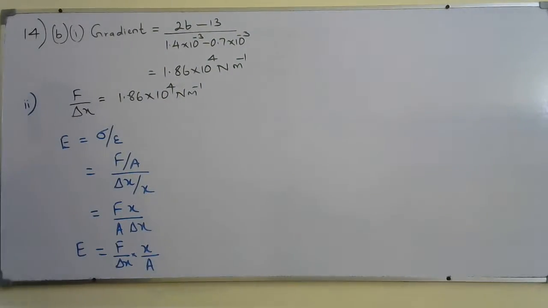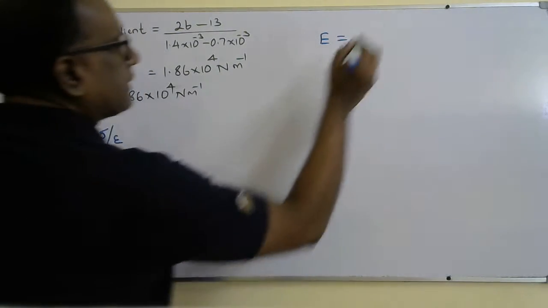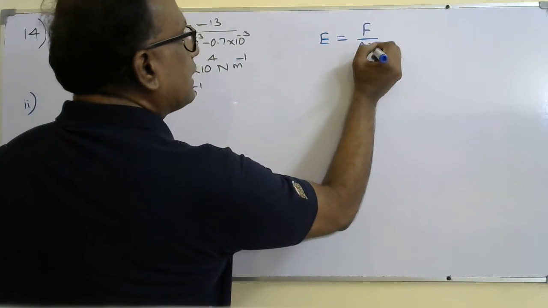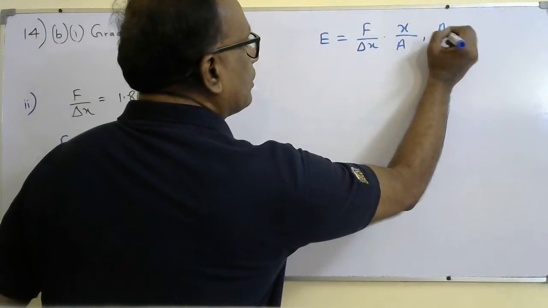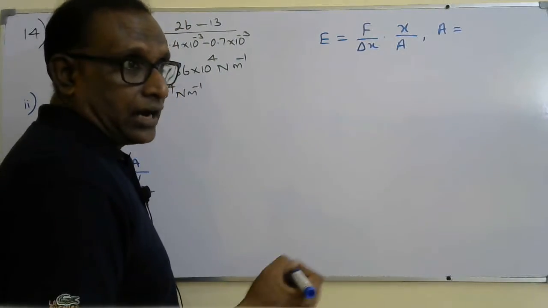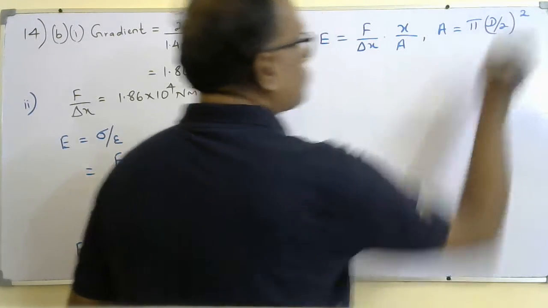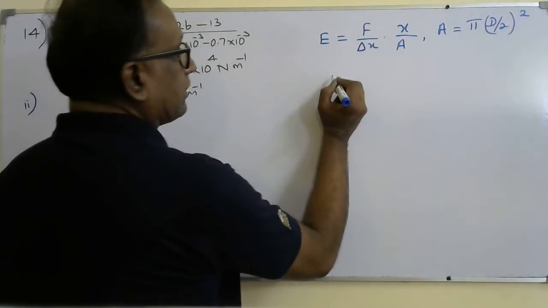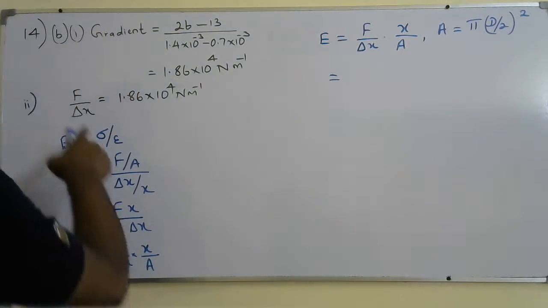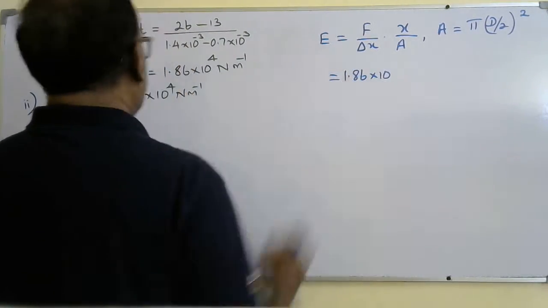Okay, so I need to find the Young modulus. I know all the things, so I'll continue here. E is equal to, I'll write again, F over delta x into x over A, but I know A is equal to pi d by 2 squared. Diameter is given, so I can find the radius here, right? F over delta x, we know that, 1.86 times 10 to the power 4,